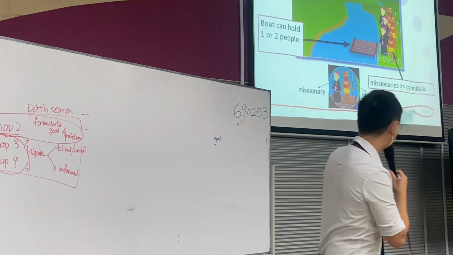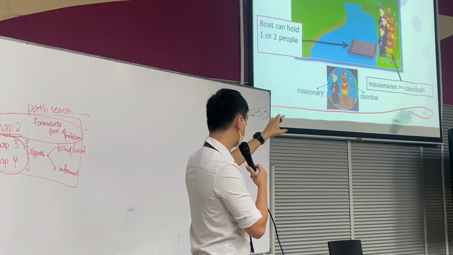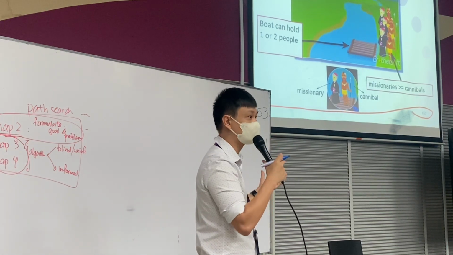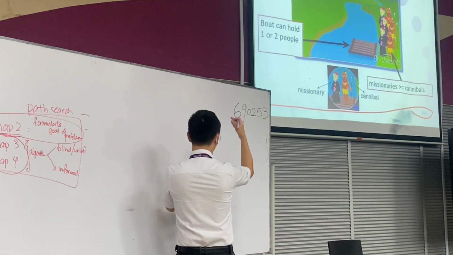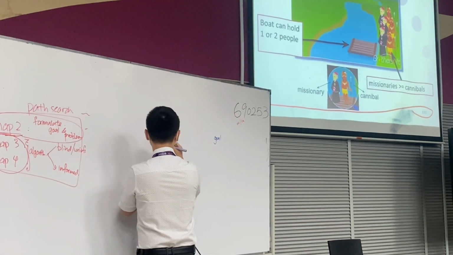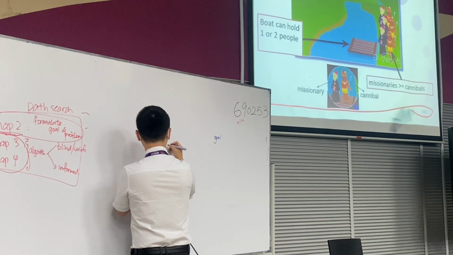Before we do that, maybe we can first represent this situation in a string format. Okay, so one way you can express this representation, maybe I can say you have 3, 3,